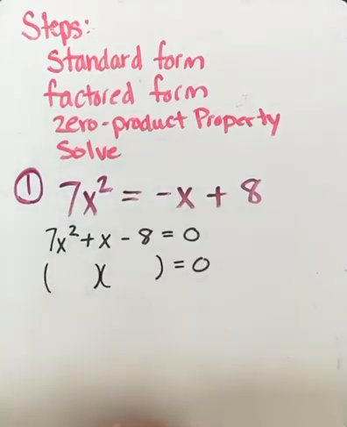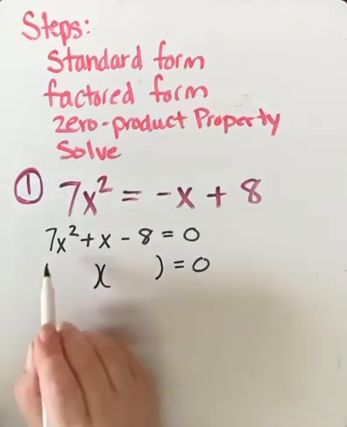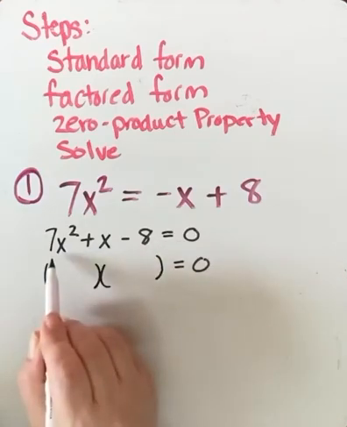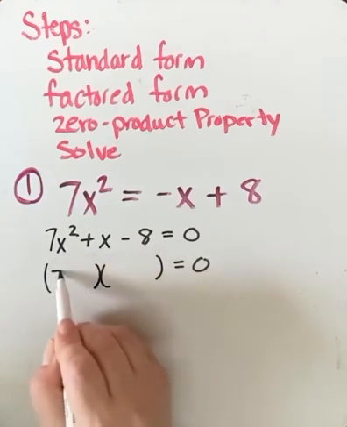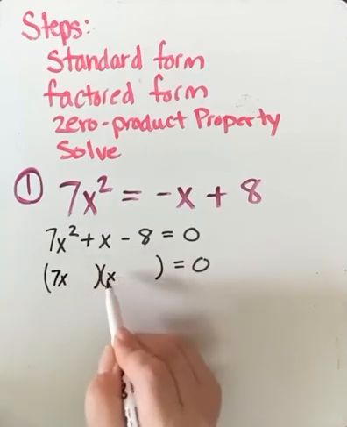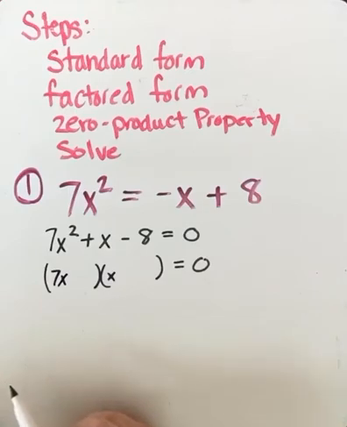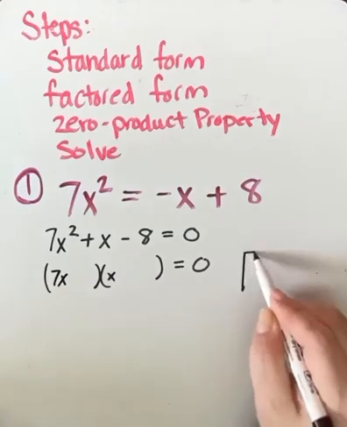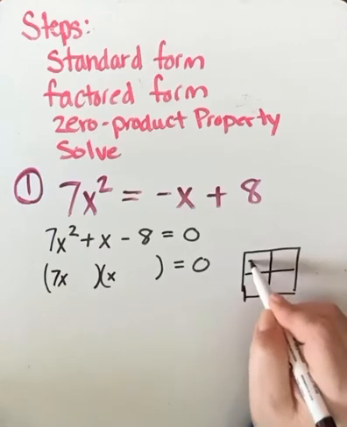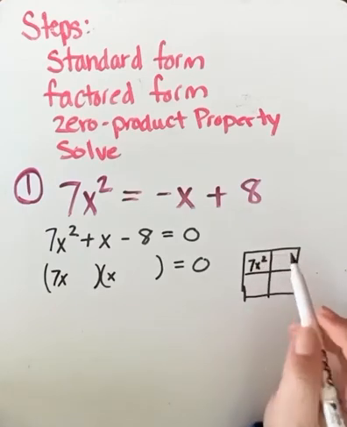And so we have a 7x squared, so we have a quadratic trinomial where the a value doesn't equal 1. I know because 7x squared can only be 7x times x. I'm pretty sure of that. This may be a point where you want to draw your box and put in that this has to be 7x squared